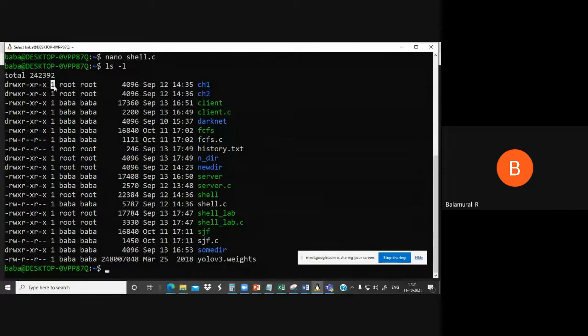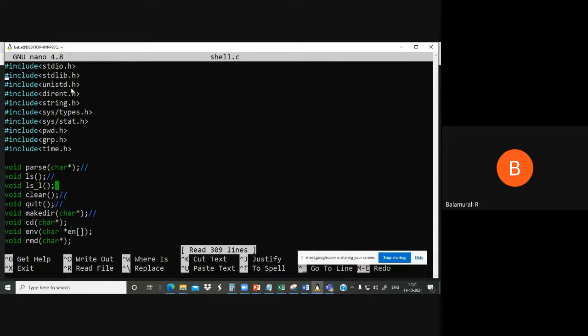And this 1 represents hard link. I think somewhere previously also we have discussed this. Normally the hard link count of any file will be 1 only. Sometimes it can be 2. If this file is referred with 2 names, say there is only one file but it is referred with 2 names, then this number will be 2. Right. So with this understanding, let us see that code.